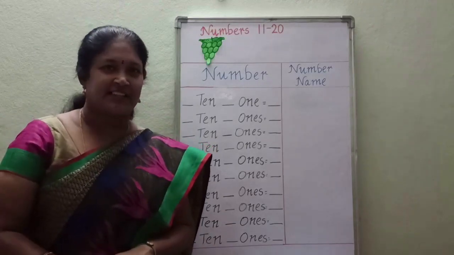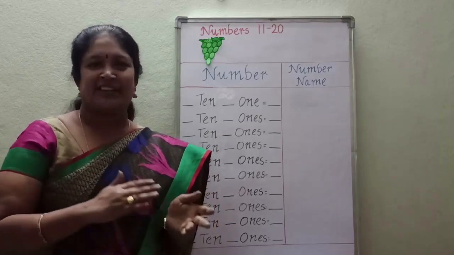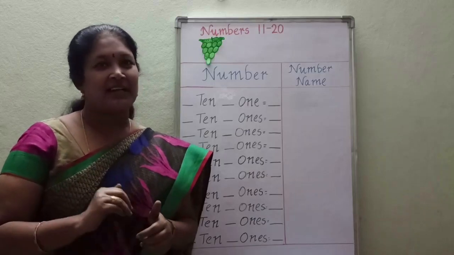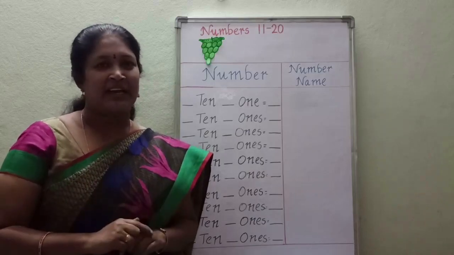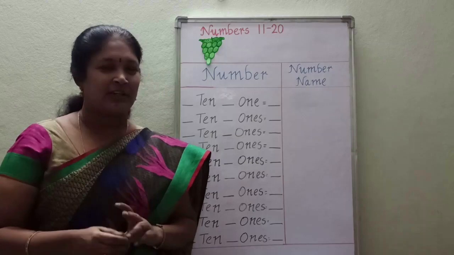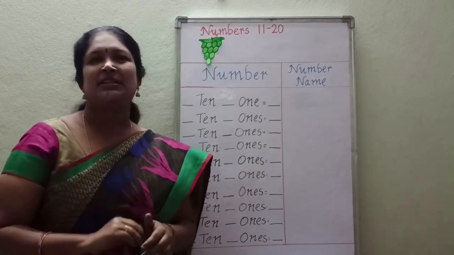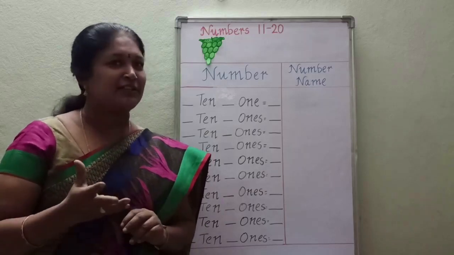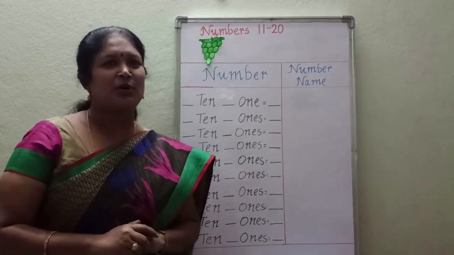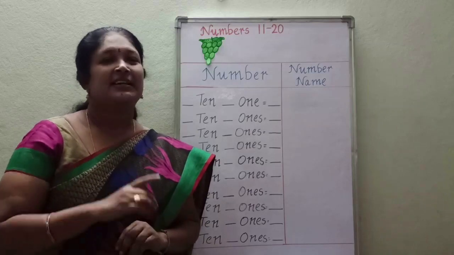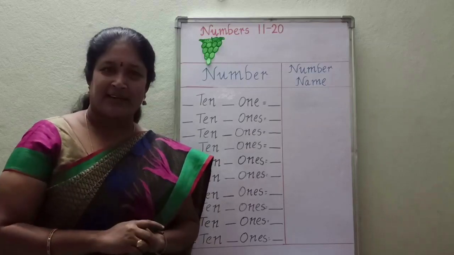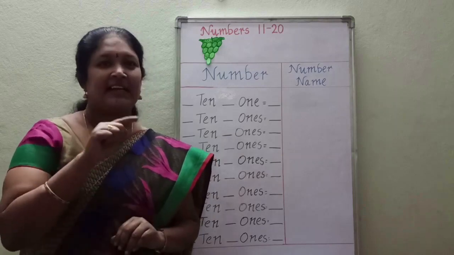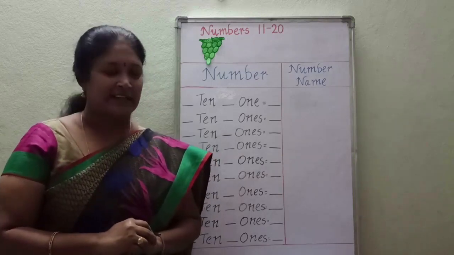In our previous session, you learned the numbers 1 to 10, identification of numbers and counting of numbers, number names and number line, forward counting, backward counting, before, after, between numbers. All those topics you learned in your previous session. And now I will ask a few questions, children. What is the smallest one digit number? Yes, 1 is the smallest one digit number. And what is the greatest one digit number? Yes, 9 is the greatest one digit number.